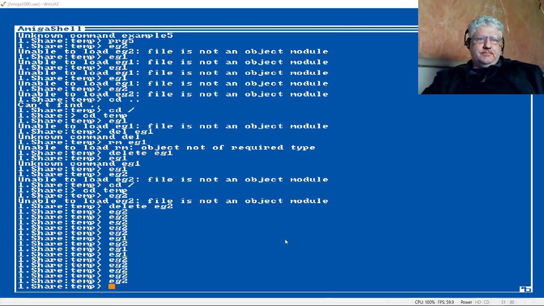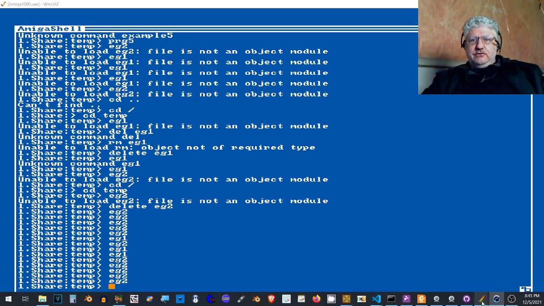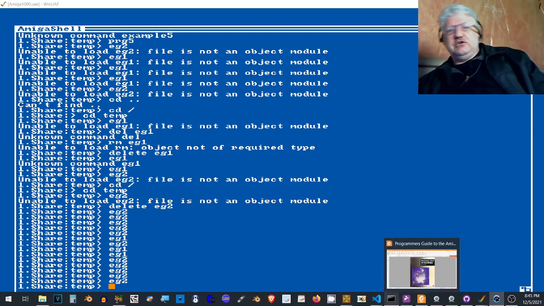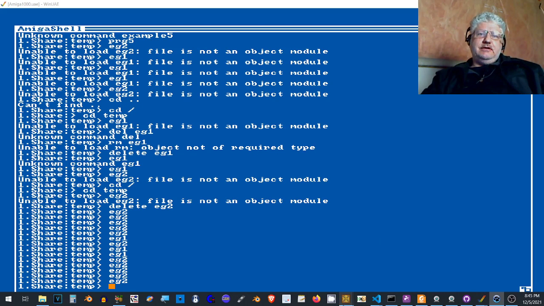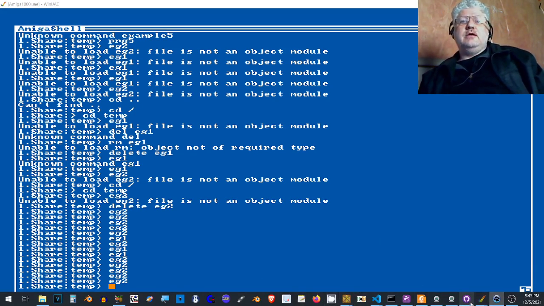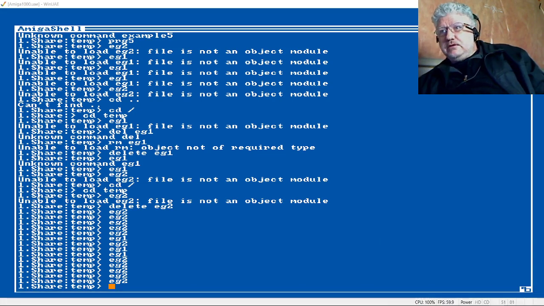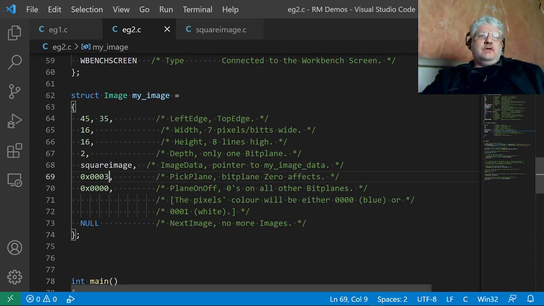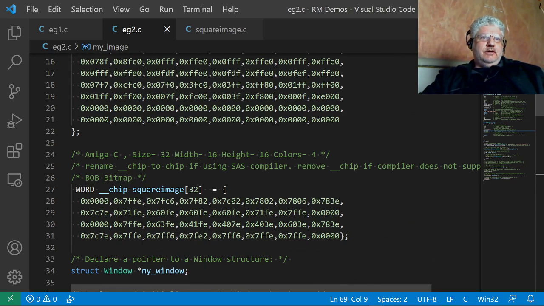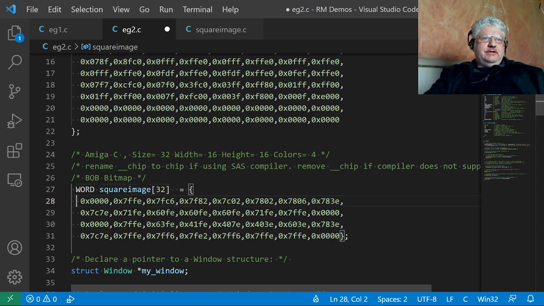Okay, so the other thing I was going to show you is if your compiler doesn't support the chip modifier in the array. So let's go back to our editor, if I can find it. There we go. Okay, so let's suppose we couldn't do this. Let's suppose that our compiler didn't support this,